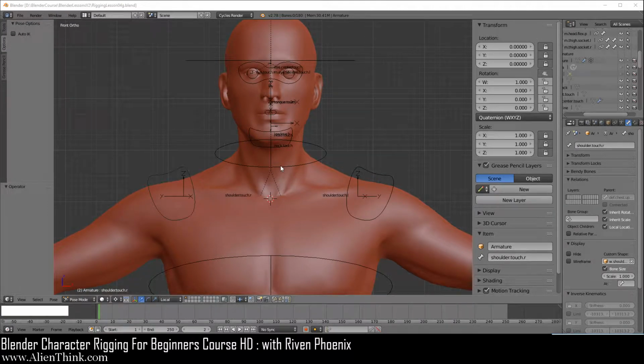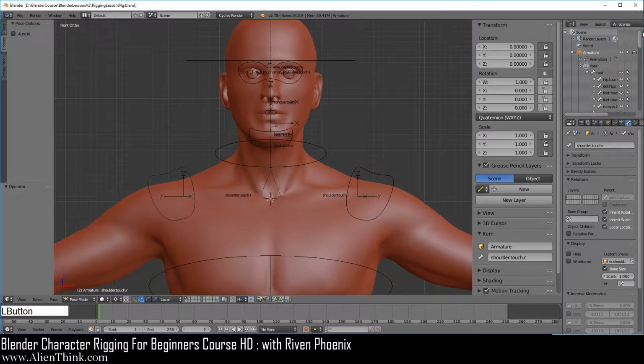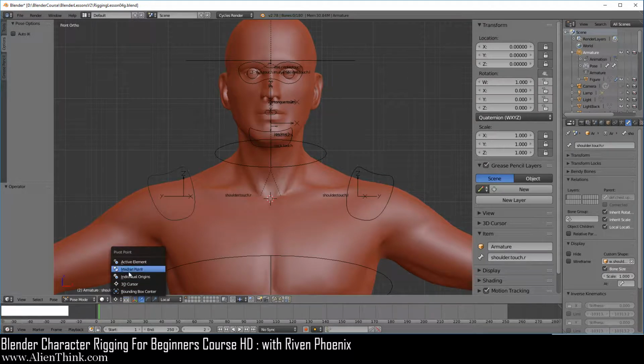Okay, so what we're going to do now is create the IK and FK rig for the arm. First go ahead and go to the outliner and make sure that over here you have collapsed this. Remember the figure, we still have this off, meaning that we're not interested in selecting the figure when we're working with the bones. Now over here, go ahead and switch this to median point, and here we're just going to